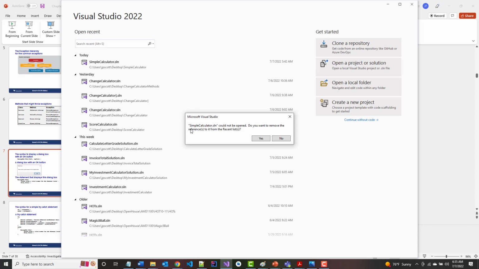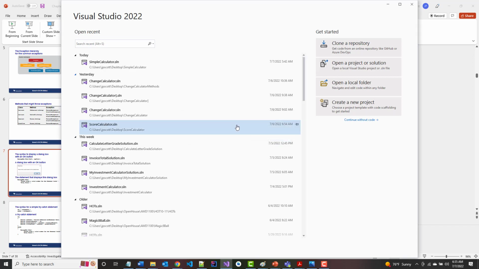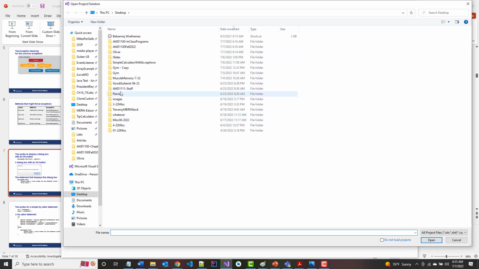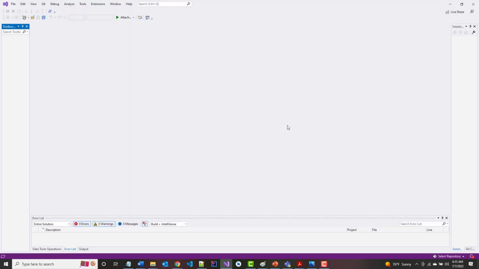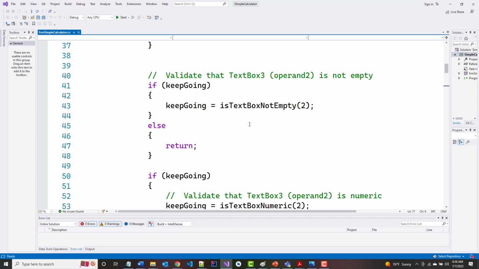Here's our simple, let's see, cannot be open. No. Let's go to open a project or solution because I renamed this one. And I called it Simple Calculator with Exceptions. I renamed the folder that holds it. Now,